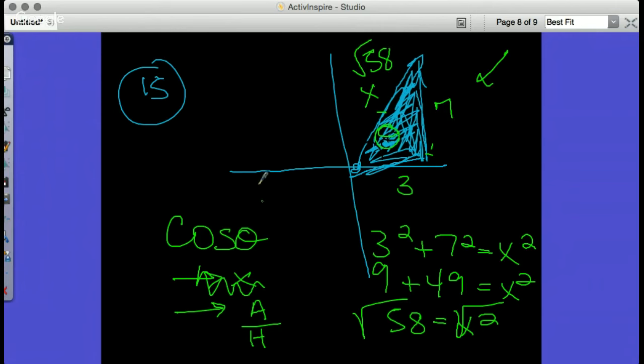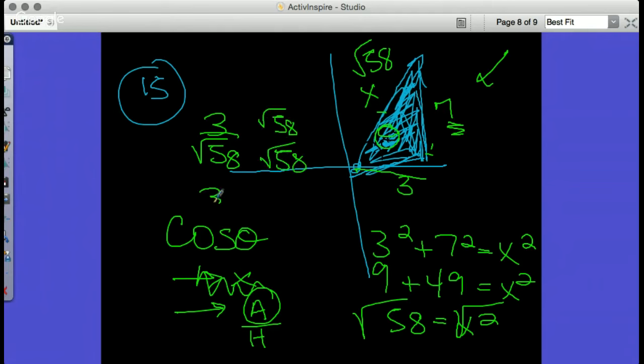Good, 3 over root 58. Where's the adjacent side? Yeah, 3 connected to my theta, right? Remember opposite over here, okay? The opposite. So what we have right now is the hypotenuse is here, the adjacent is here. So therefore, it's 3 over square root of 58. We multiply top and bottom by root 58. So we have 3 root 58